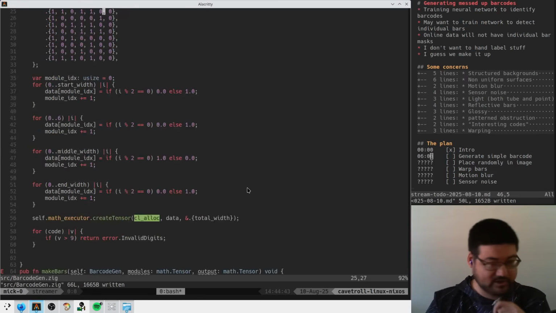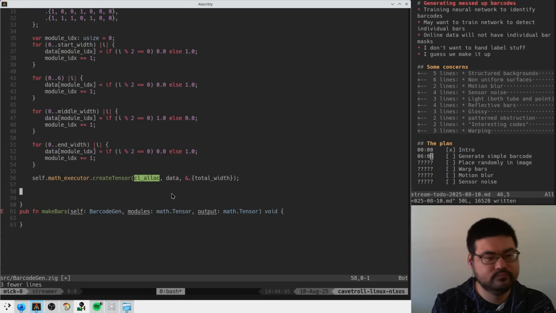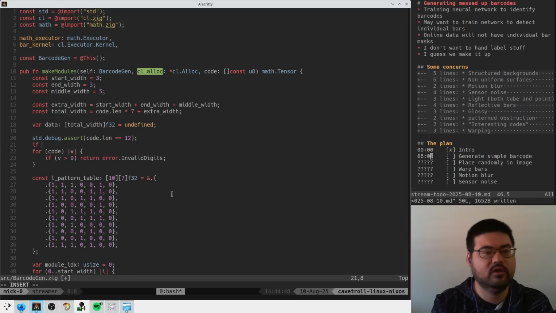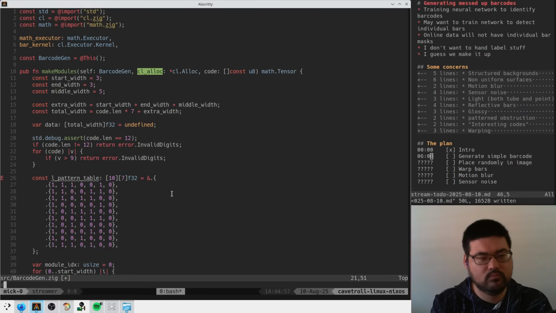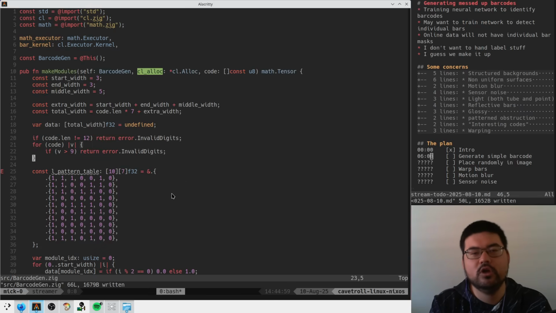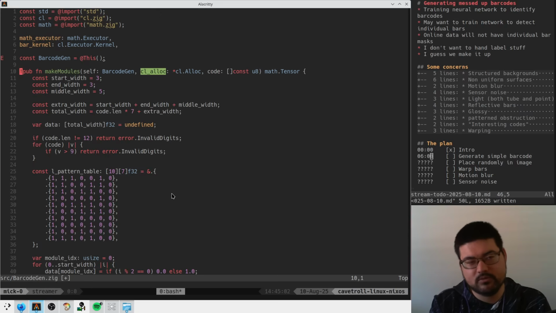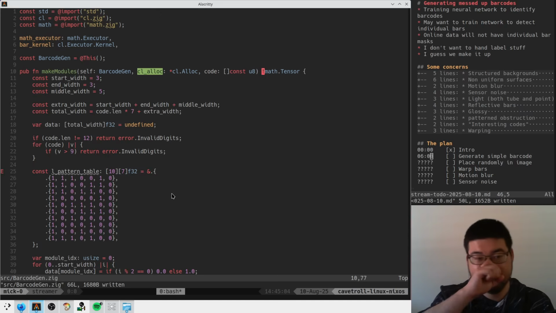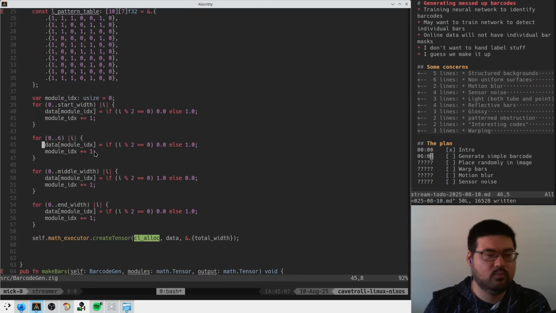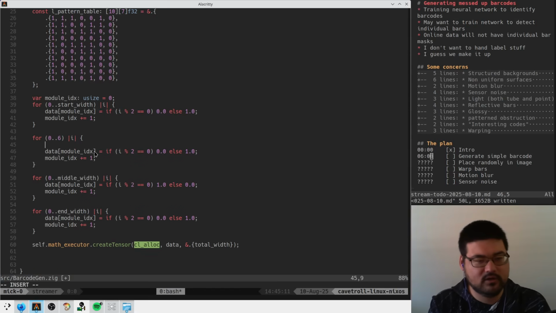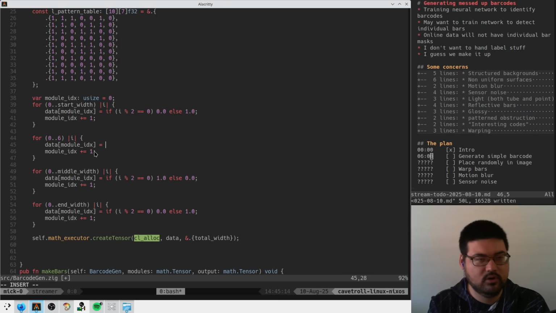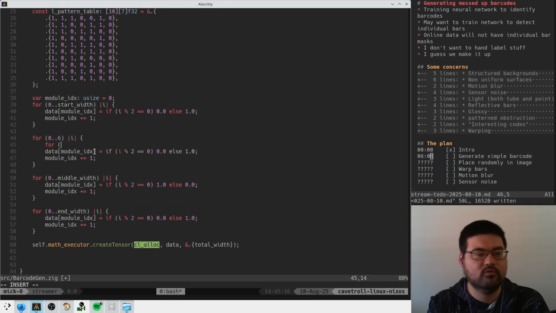And did we do our validation somewhere? There we go. Okay, which means that this guy has to be failable. Makes sense. And so then when we go in here, we look at data module index equal to 4,